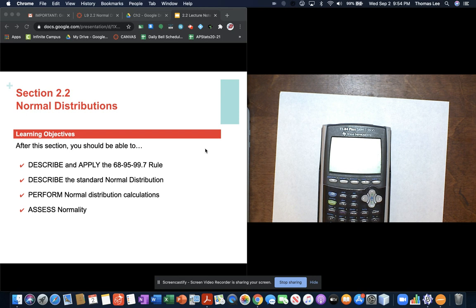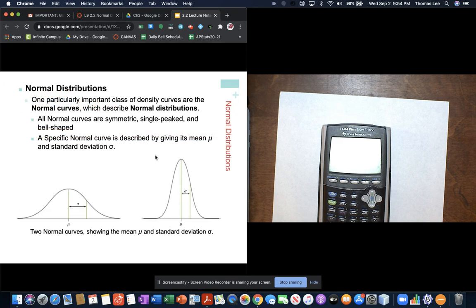So in the beginning of 2.2, we introduced everyone to the family of normal distributions, the normal curve. And we said that the normal curve is just a bell-shaped curve. It is unimodal and perfectly symmetric. And in general, the normal curve, no matter